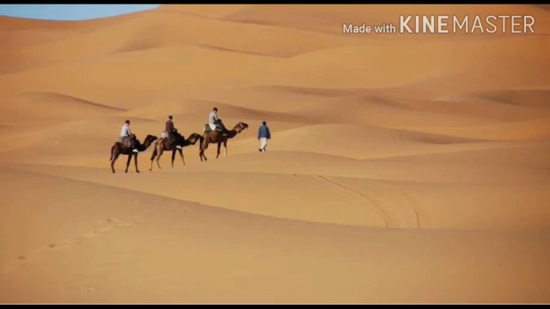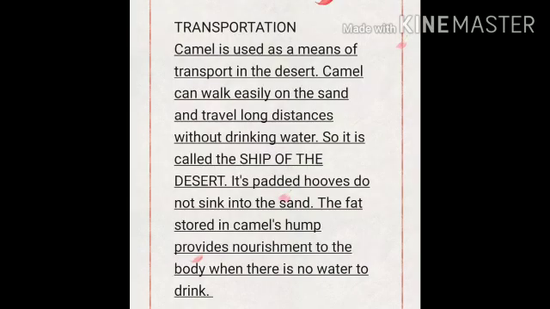There are small hills of sand found in the desert which are called sand dunes. When the strong winds blow, they carry the sand from one place to another. The sand dunes do not stay in one place. They keep on moving and their shapes and sizes also vary from time to time.